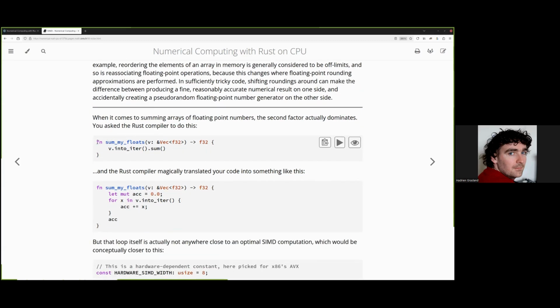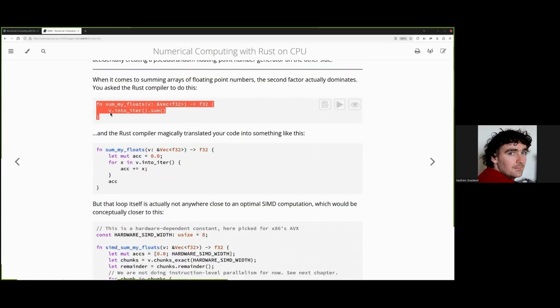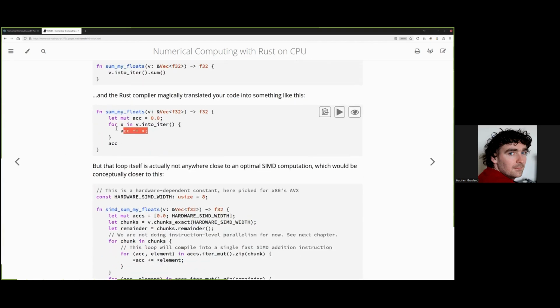And the problem is, if we look at what we wrote, we said, okay, we want to iterate and then sum. The way sum is implemented in Rust is that you start by initializing an accumulator to the neutral element of addition. Then you iterate over the elements of the input iterator, and then you add these elements one by one to your accumulator. And actually, there's a typo here. I will have to fix it later on. But anyway,